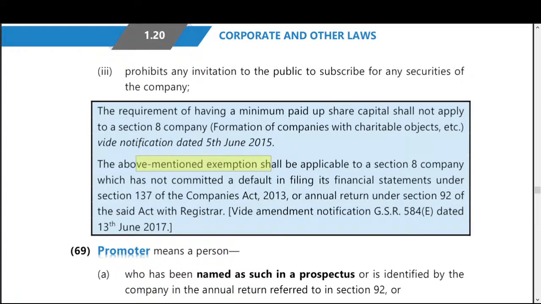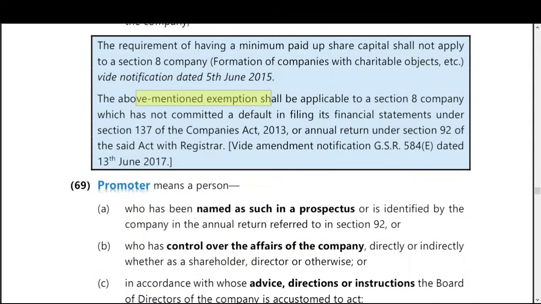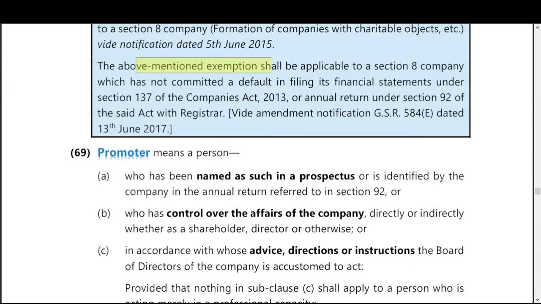Section 8 company which has not committed a default in filing its financial statements under section 137 of the Companies Act 2013 or annual return under section 92 of the said Act, with Registrar-wide amendment notification GSR 484(E) dated 13 June 2019. Promoter means a person who has been